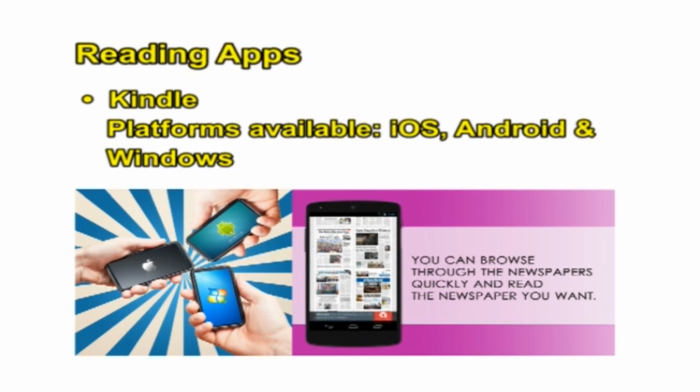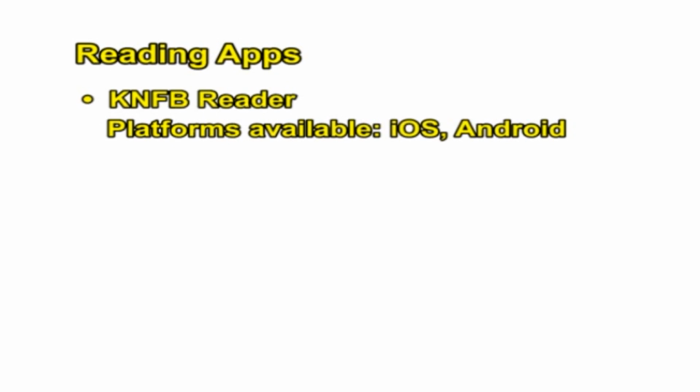Kindle is available for all the three platforms, namely iOS, Android and Windows. It allows users to download Kindle ebooks as well as magazines and newspapers. The app features a reference section in the frequently asked questions that describes VoiceOver gestures for the app. KNFB Reader is available for both iOS and Android platforms. It scans print text and converts it into digital speech and braille output. It can export text files for later retrieval and use. For users with reading disabilities, the app has synchronized speech and text highlighting capabilities.